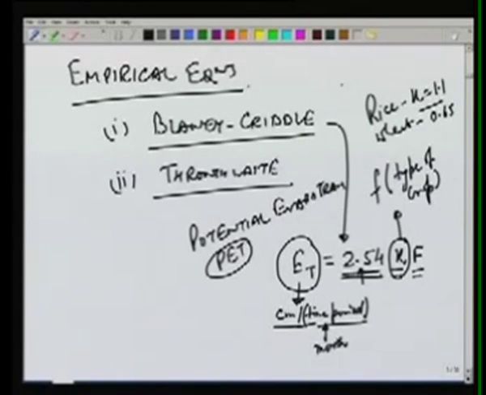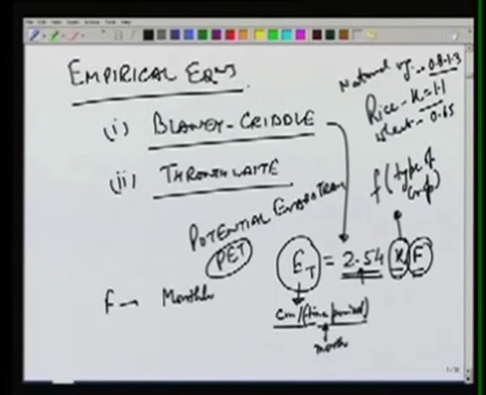For natural vegetation, it varies over a wide range, 0.8 to 1.3, depending on the density of the vegetation. So this factor K can be obtained from the type of crop grown in that area or the vegetation which is growing in that area. F is a factor which is known as monthly consumptive use